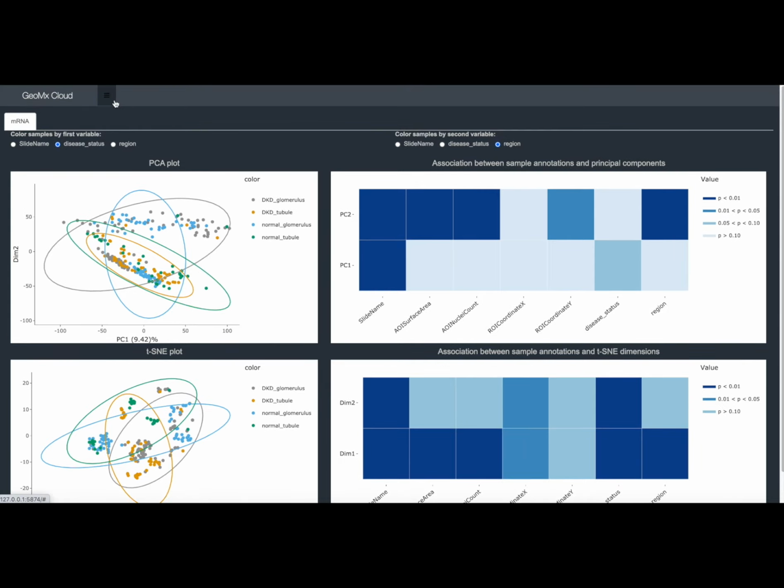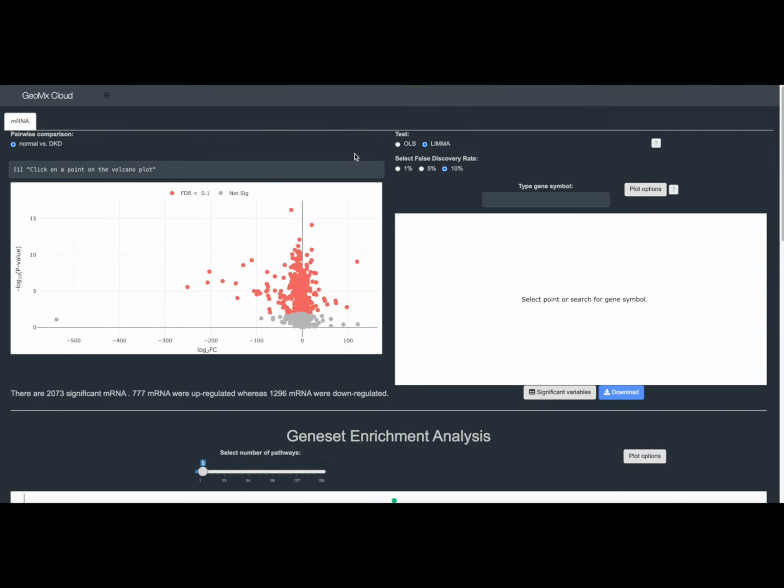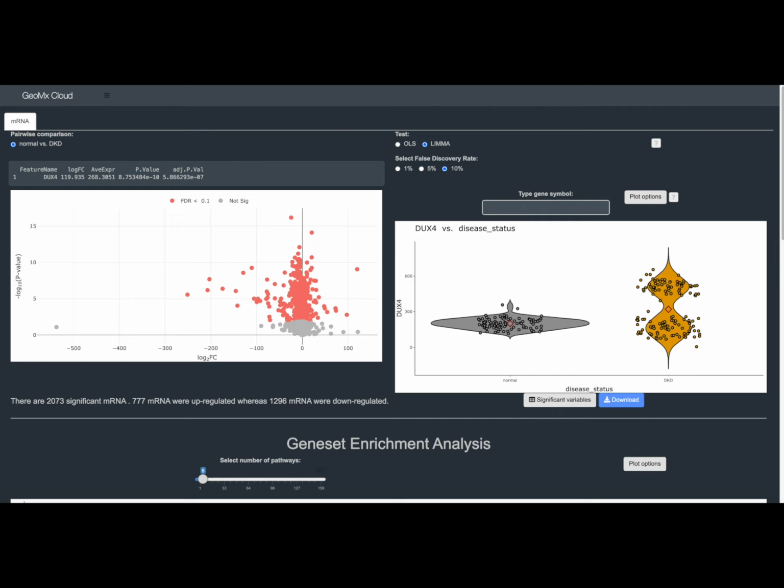Next is the differential gene expression data between the groups, normal versus DKD. This is sticking to the glomerulus. And you can see the volcano plot is depicting the significant genes in the red, and you can click on the points and it will depict violin plots that compare between the disease status. You can also search for a particular gene of interest and it will plot that gene if it exists in